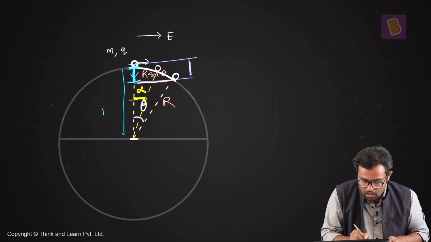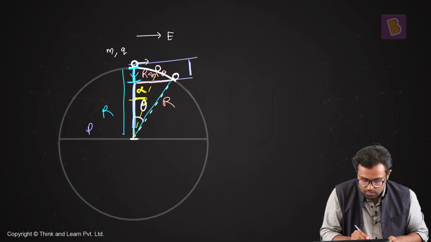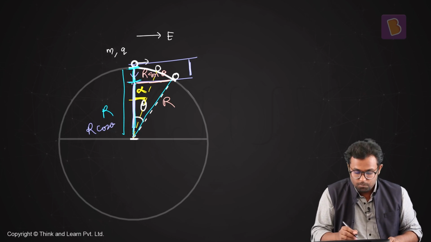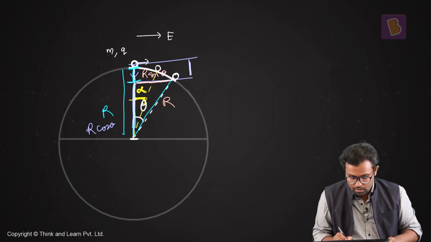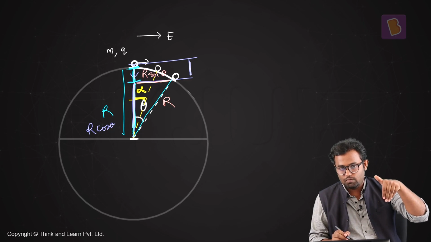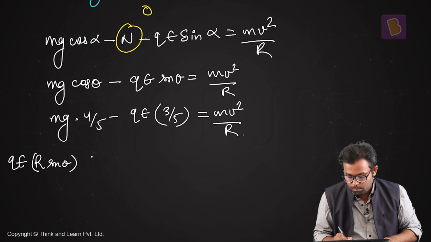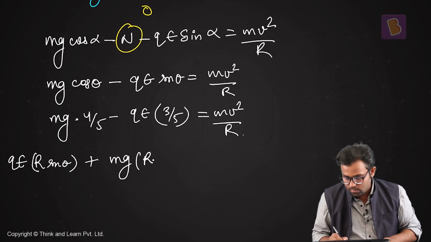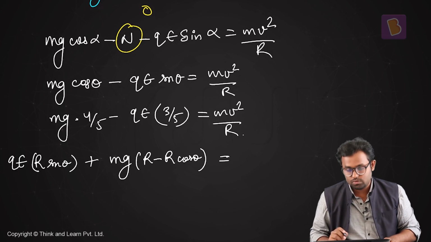This whole distance is r, and if I use this triangle, I can say that this distance over here is r cos theta. So this will be r minus r cos theta. You can see that the object is moving in the direction of the force, so the work done will be positive. So plus mg times (r minus r cos theta)